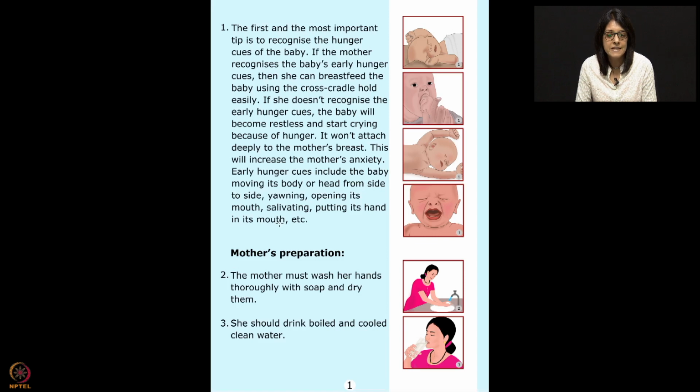Then she should basically drink boiled and cooled clean water. So here also I have explained the reason mothers need to drink at least 1 glass of water, as she again forgets to drink water. In her routine she forgets to take care of herself, and if she is not well hydrated, she in fact produces almost 750 to 850 ml of milk, as you saw in the tutorial. So we want to make it a routine that every time she sits down, she drinks a glass